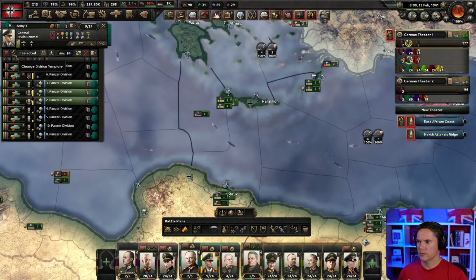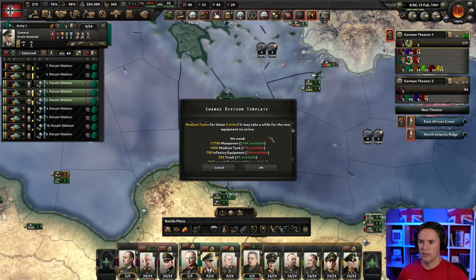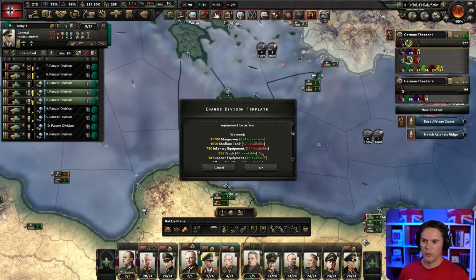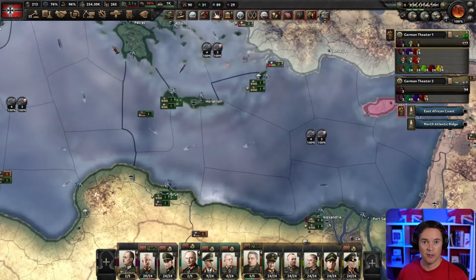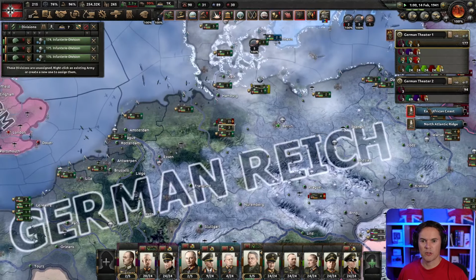If I go to that. Yeah, we don't have enough medium tanks or enough infantry equipment. But we have the other stuff. Do you know what? I'm just going to do it. And we're just going to live with that. The light tanks have outlived their usefulness for the most part now. With a few exceptions, but...